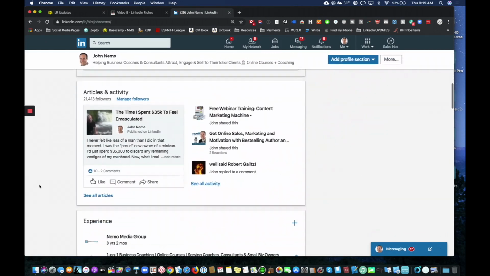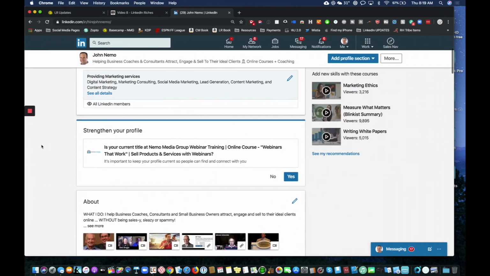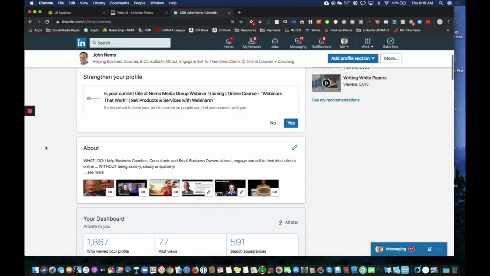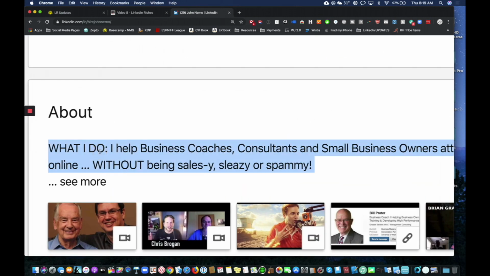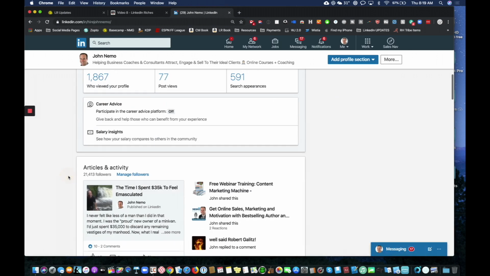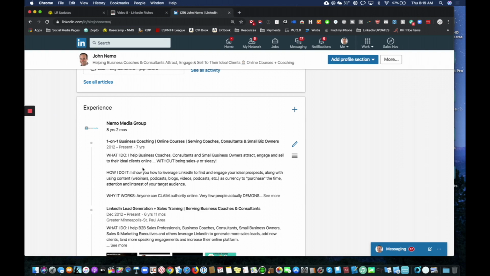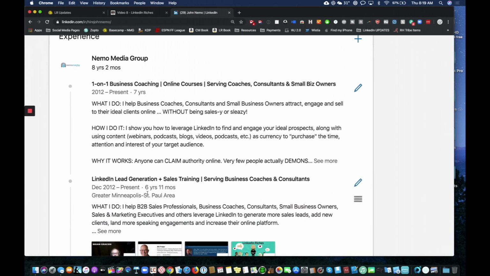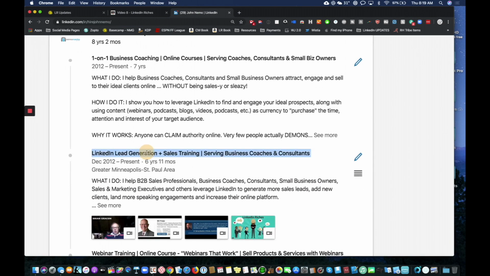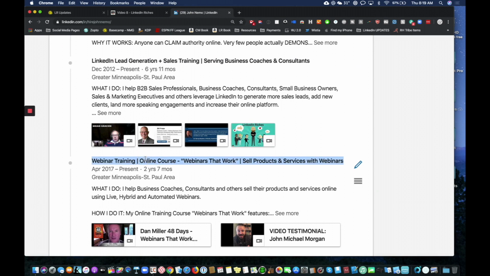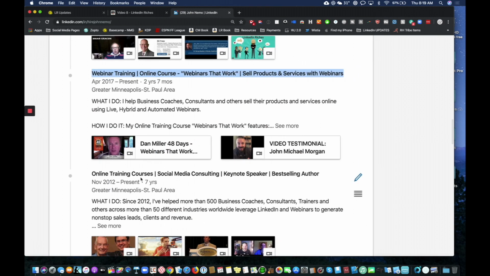Take time, put in that effort for the experience section. The first thing you're going to want to do, again, is copy and paste everything you put in the About section as your first listing under experience, your first job listing. Then create additional listings for other services, other audiences. Just change the names of the audiences, fill in the blanks, that kind of thing, or list the other services.